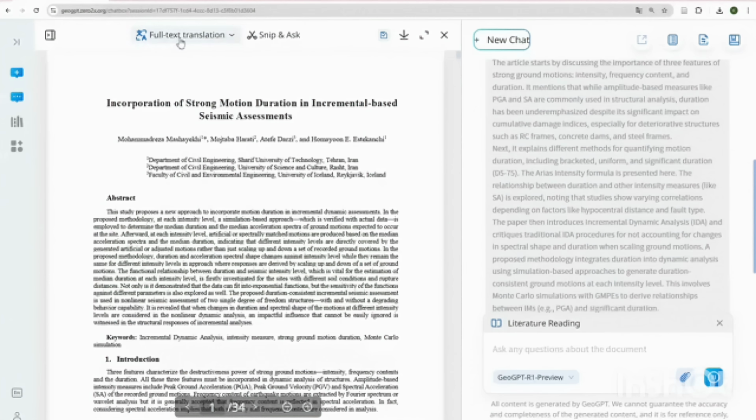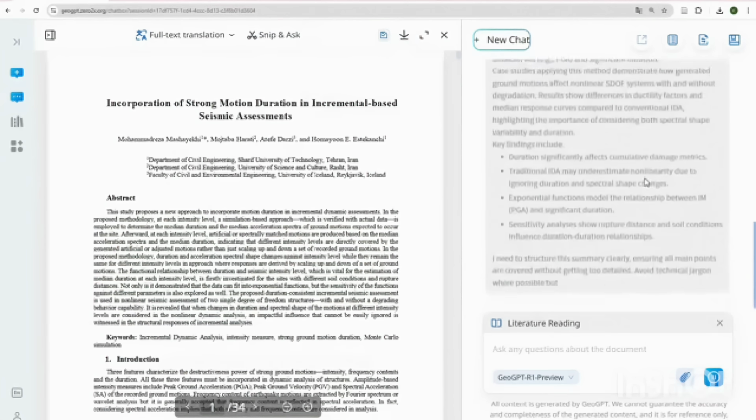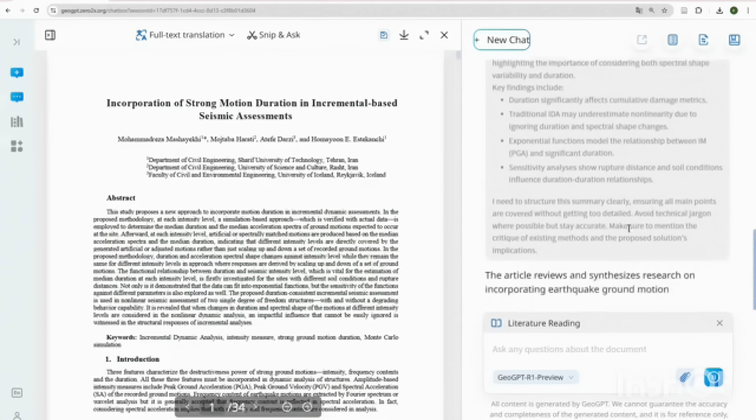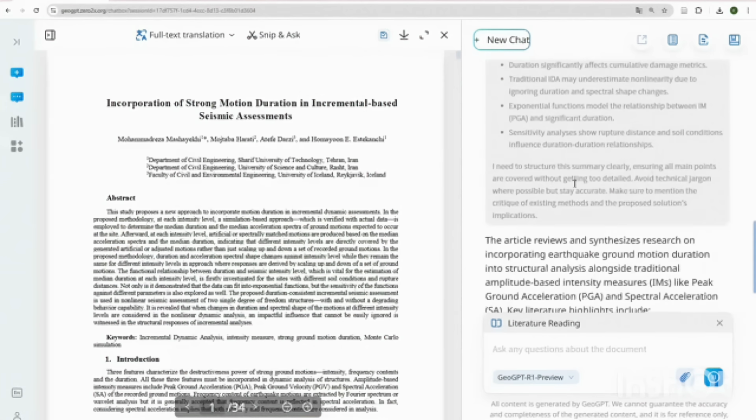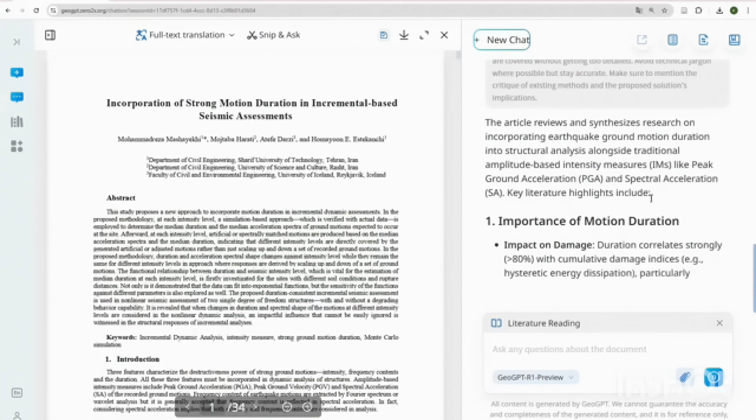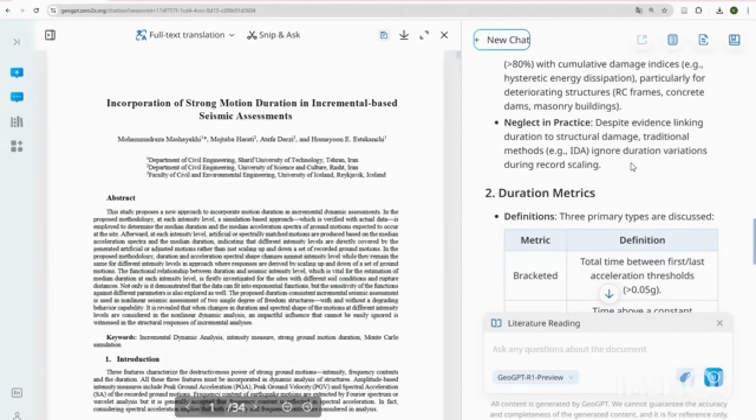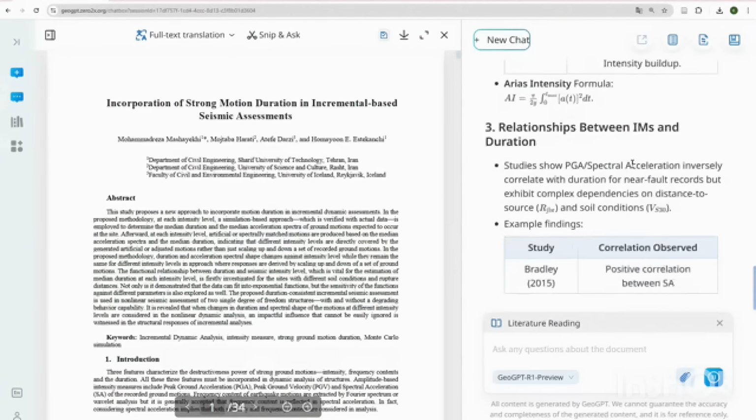Remember I said you can switch the language here. You can snip and also download the original file itself. And yeah, I need to structure this summary clearly, ensuring all main points are covered without getting too detailed, right? And this is what it is doing now. The article reviews and synthesizes research on incorporating earthquake ground motion duration into structural analysis alongside traditional amplitude-based intensity measures, right? And duration, relationship between IMs,